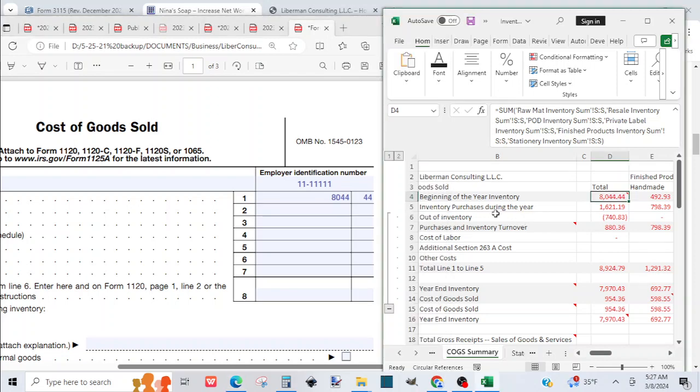The way I like to do it is purchases during the year, which will be raw materials if you handmade things, minus out of inventory of raw materials plus the cost of your finished products that you put back in inventory. So when you buy raw materials, you use them to make finished products, so you have to do the same thing to your inventory. That means you bought raw material, it is an addition to your inventory, and then you took some out, which will be a subtraction